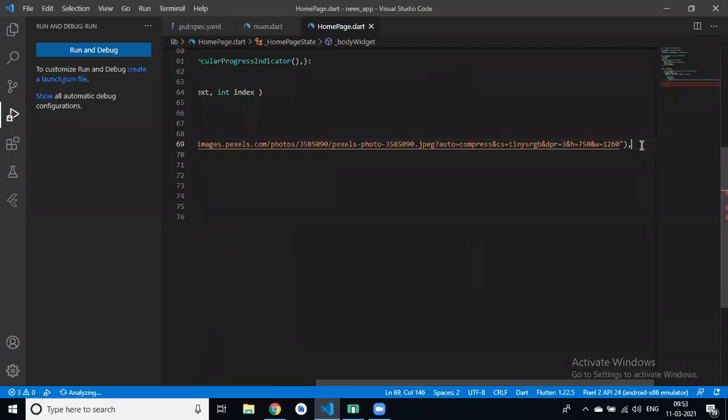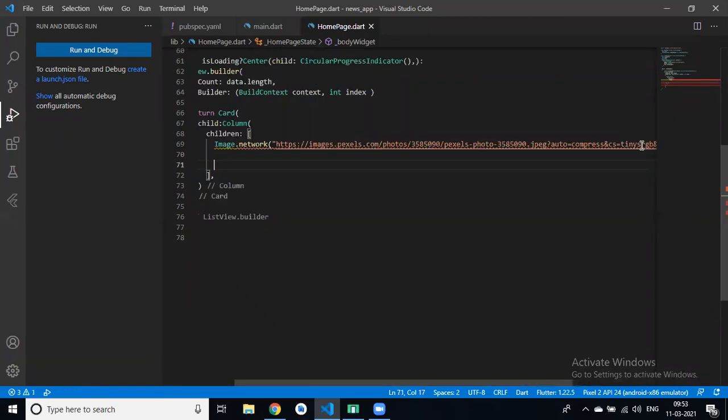After this, we have a text widget, and this is our title. Then we have another text widget, that is our description.